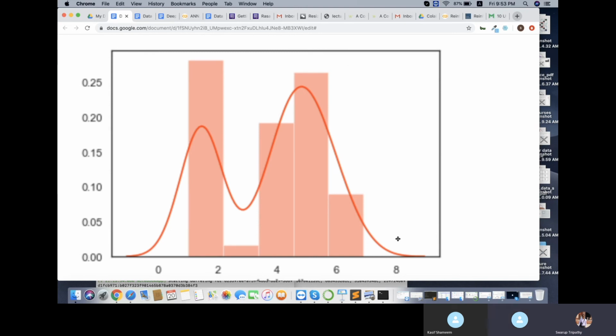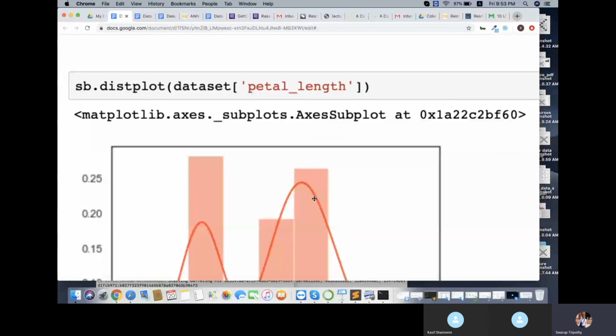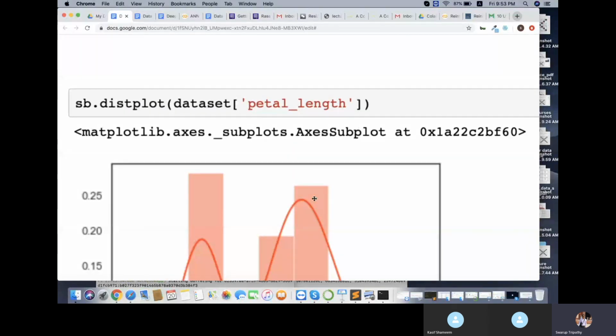It's also called KDE. KDE stands for kernel density estimation. It estimates the density of the data values. So that's why it's also called KDE, kernel density estimation. Distribution plot not only shows you the data in histogram, it also shows the density of the data which is there within your data set. Now you can also try this graph, that is distplot.